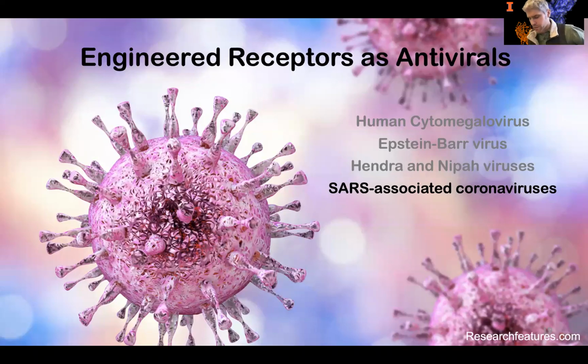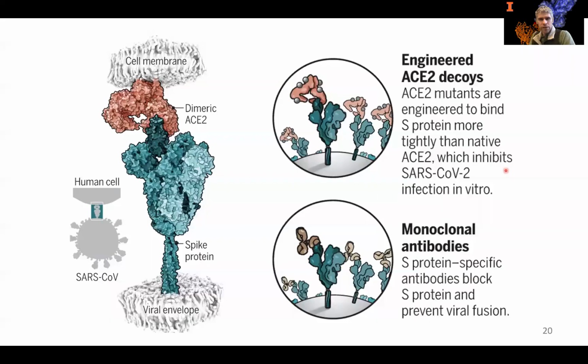The third story I'm going to tell you about is engineering of receptors as soluble decoys for viruses. We work on a number of viruses in the lab, but I'm only going to show data for SARS coronavirus 2, the causative agent of COVID-19. So the SARS coronavirus has spike proteins on its envelope, shown here in bluish green, and these spike proteins engage through a domain known as a receptor binding domain, a receptor shown in red called ACE2 on a host cell. And this binding event then triggers fusion of the host cell membrane and the viral envelope, and infection.